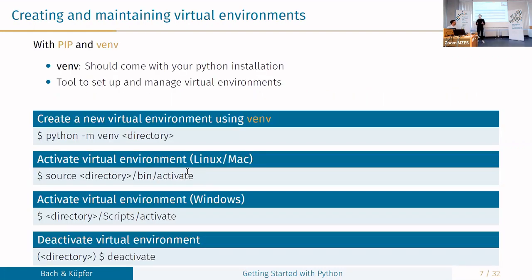Okay, so how do we create a new virtual environment? We have Python, we have made sure that Python is installed on our machine. And now we want to install a new virtual environment, and we want to install some packages in this environment. Well, the first step is we need to create it. And there are two different ways. We will walk through both of them, and then talk a little bit about the different approaches and which one you may want to use.